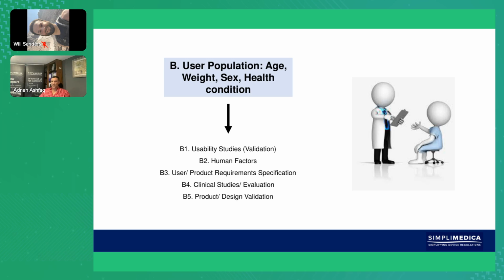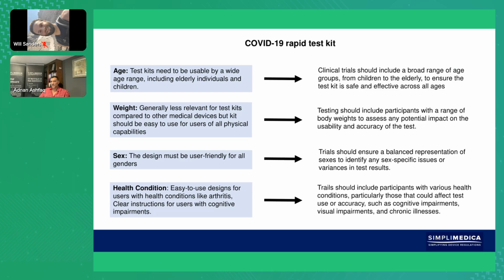If you change any one of these in your intended use statement, you're going to have to revise or review each one of these activities. That could happen any time during the life cycle of the device. It could even be post-market, when the device is already being used. It could be used in a home environment, but you now want to use it in a clinical environment, or vice versa. So do we have evidence that we've tested it in the other environment, which was not in the original submission? We then need to have a look at this. So this is why this is really important.